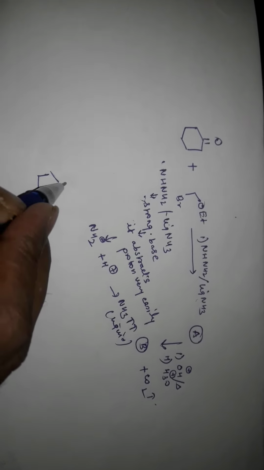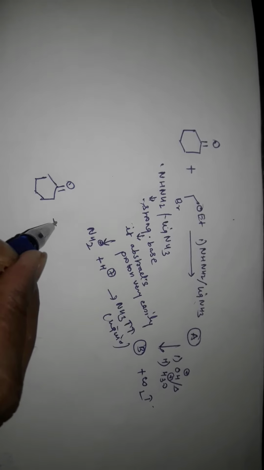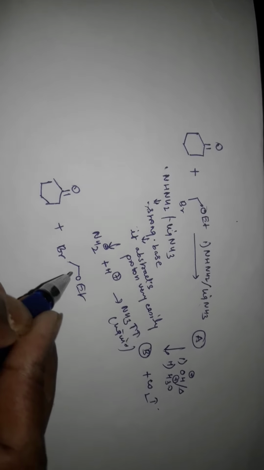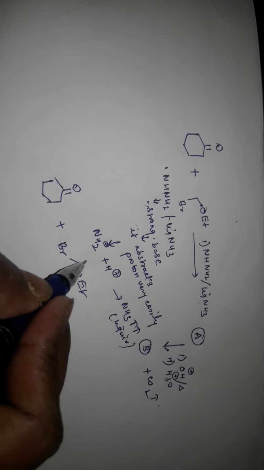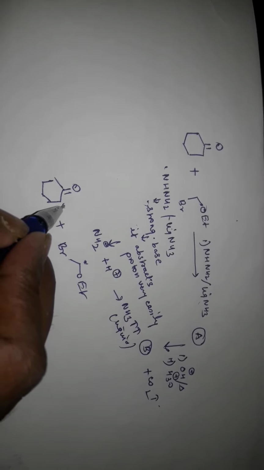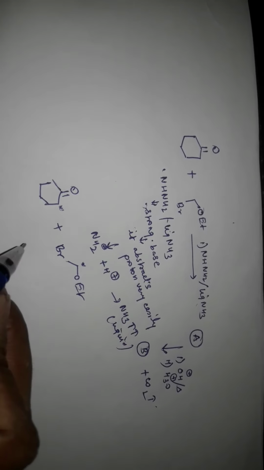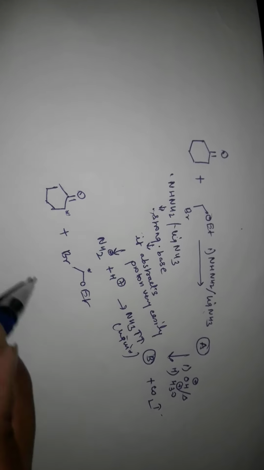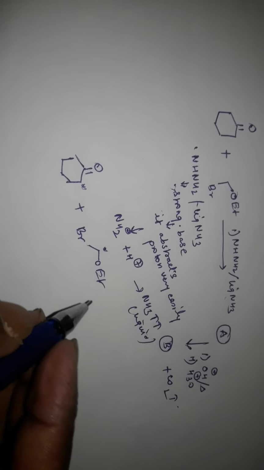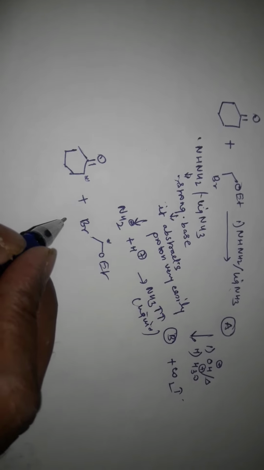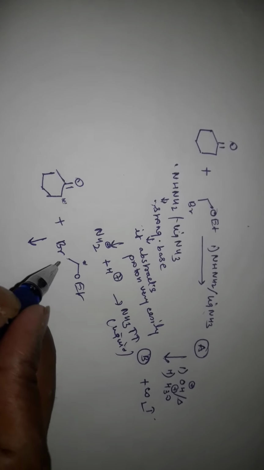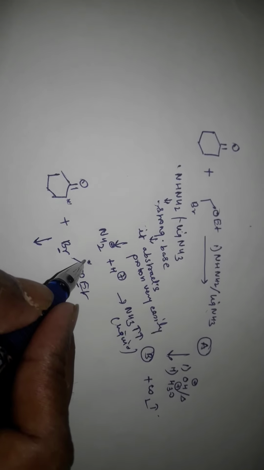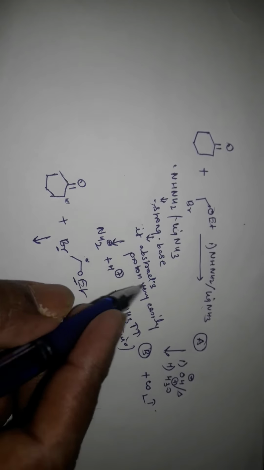Okay, so if you see here, there are two sides. One is this one and the other is this one, meaning two sides having protons. So from which side will sodamide abstract the proton? Okay, so it is a very important question here. So if you see, you also read that the more stabilized proton, meaning the more acidic proton, will be abstracted by sodamide.